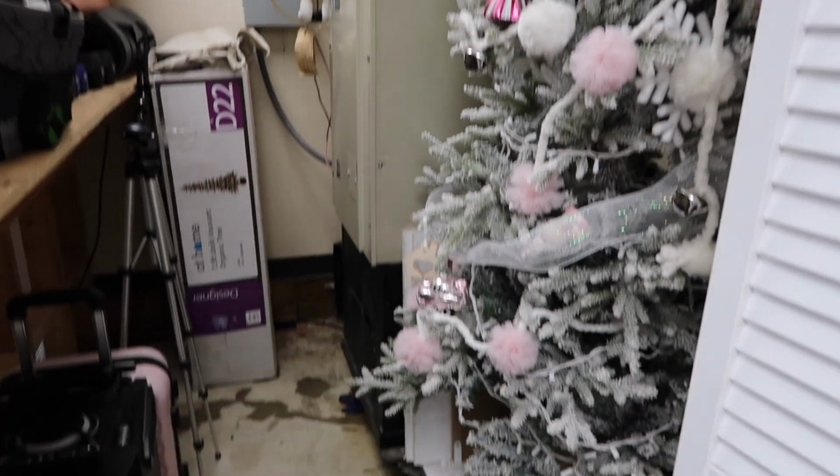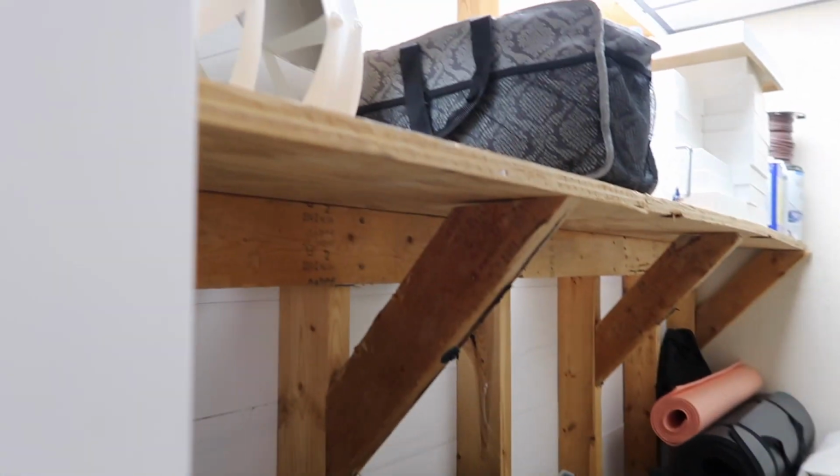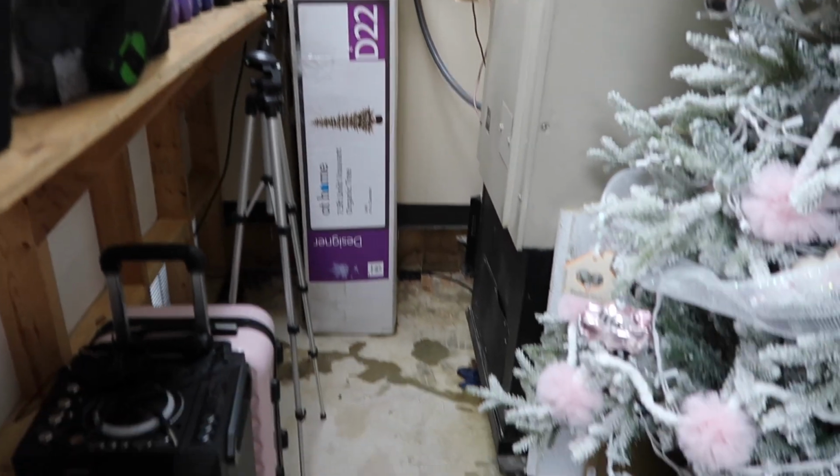But isn't it cute? All right, so here's this closet. So we didn't really do much to this closet. There's only so much you could do. We did clean out baskets and different things as far as what needed to go. But again, we don't use this closet every day, but it does work for what we have. All right, so that is a